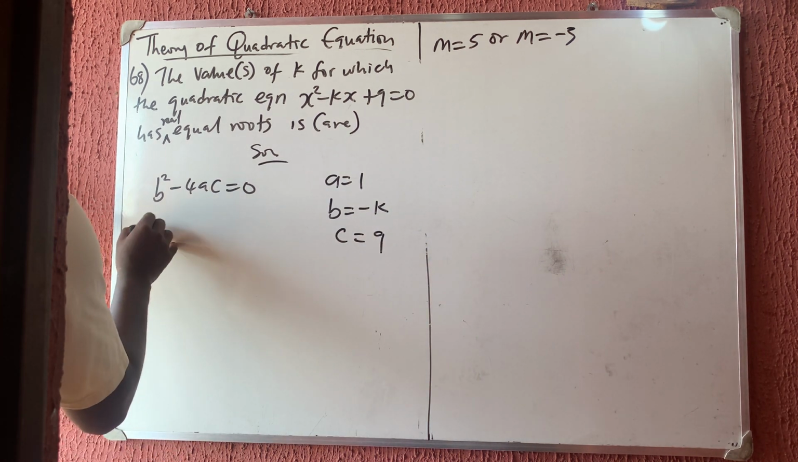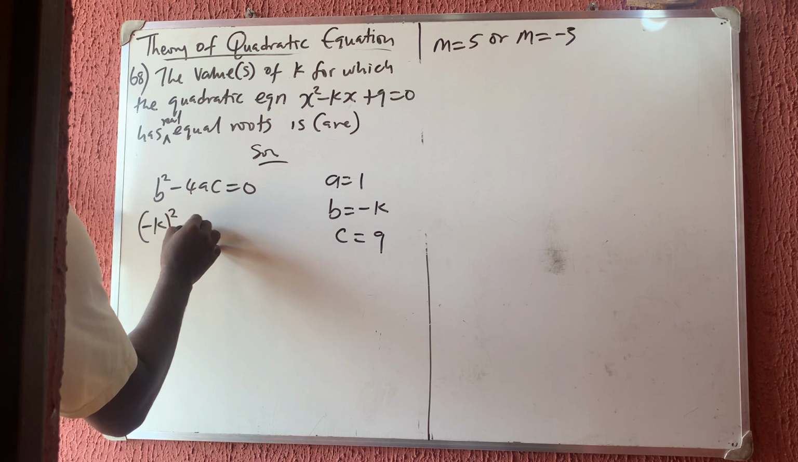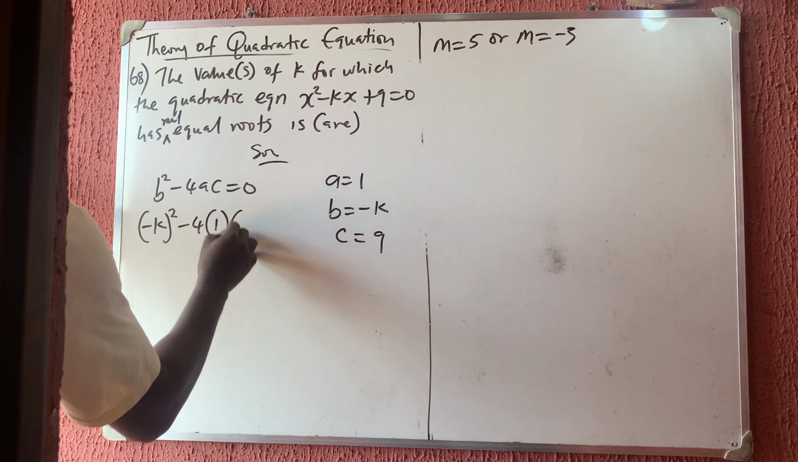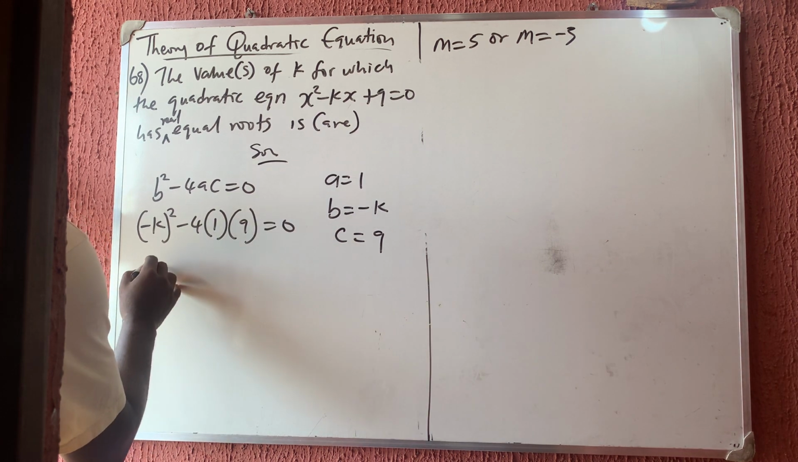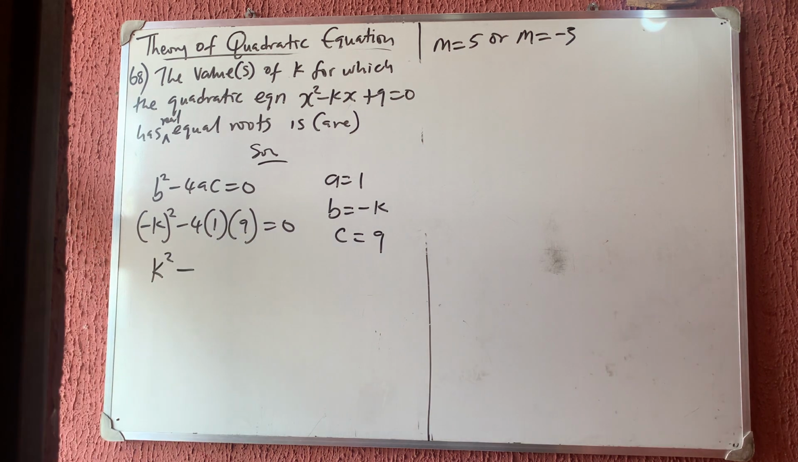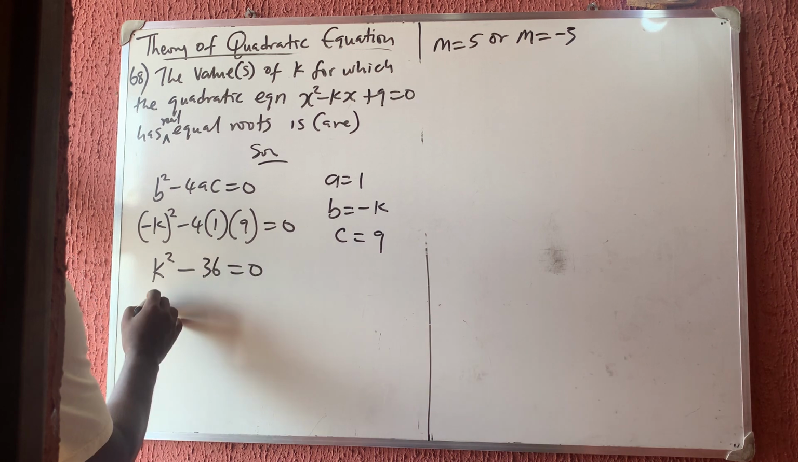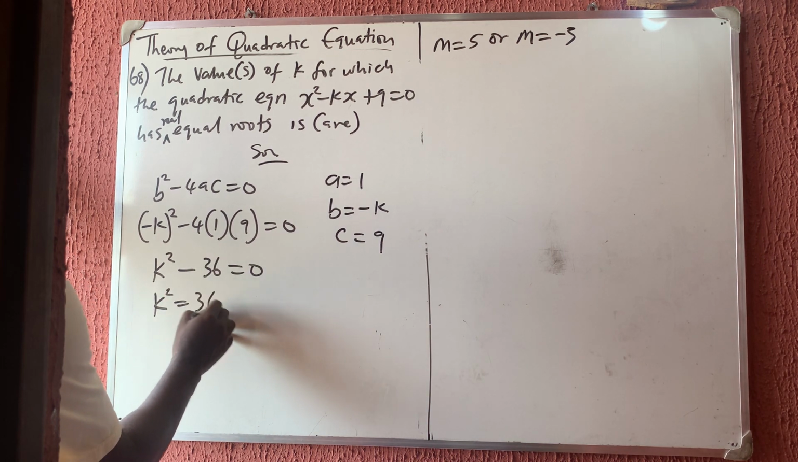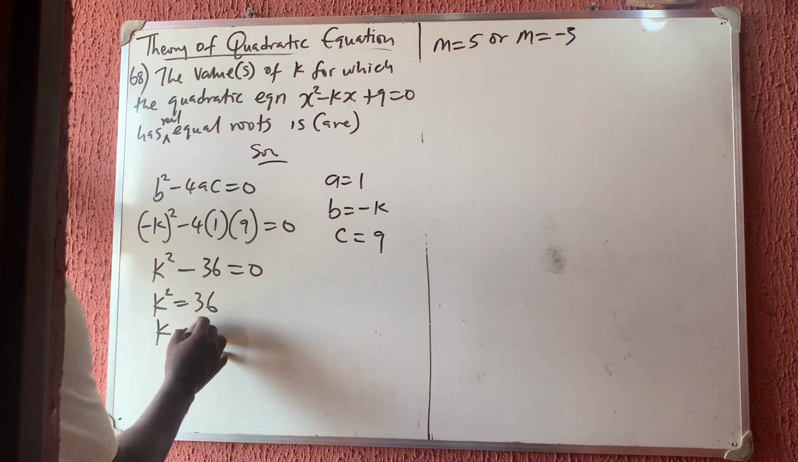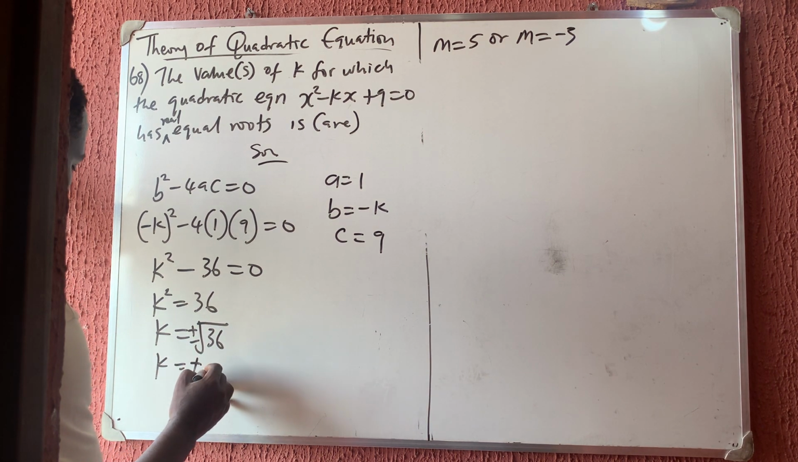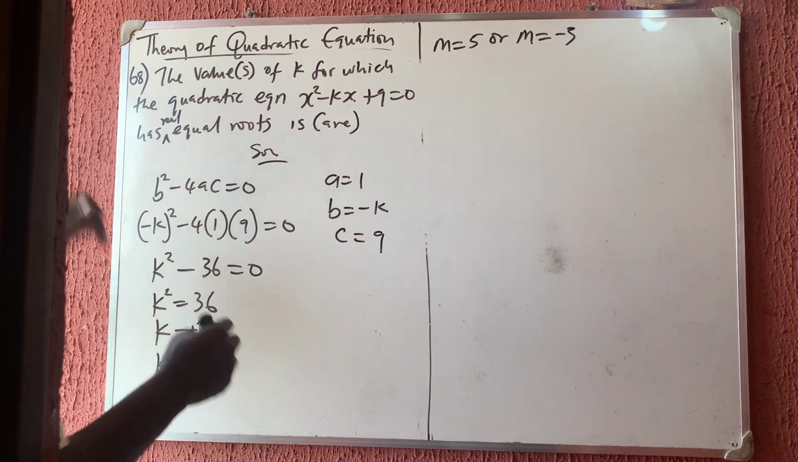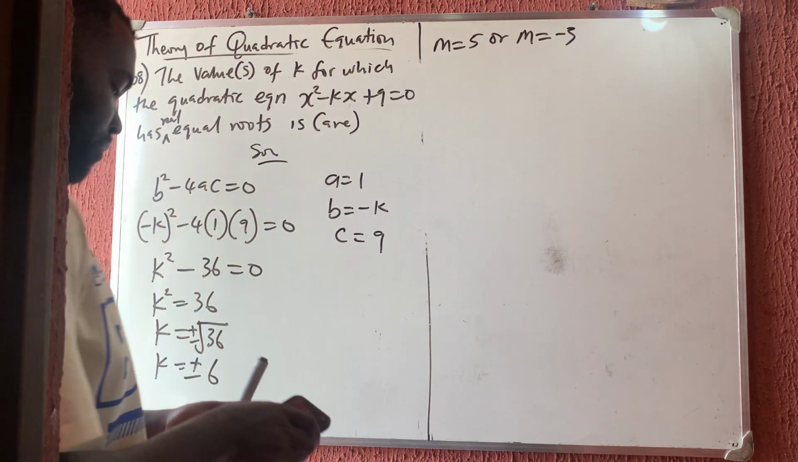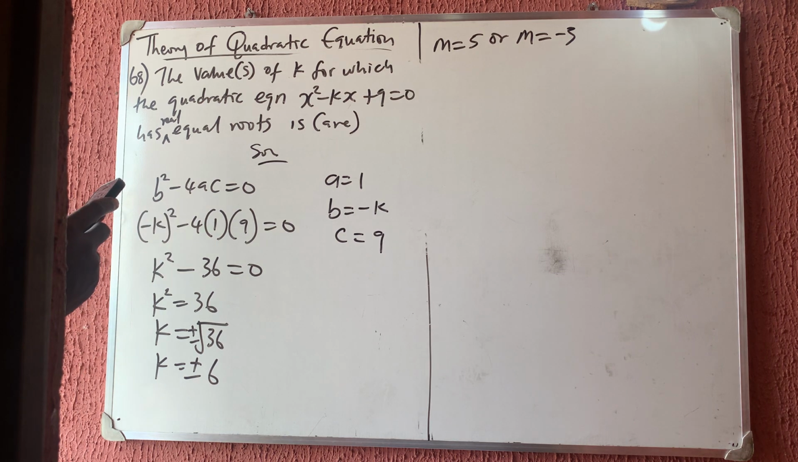So if you put it here, I have that minus k all squared minus 4 into 1 into 9 is equal to 0. So my k squared minus 36 is equal to 0. So my k squared will be equal to 36, then my k will now be equal to the square root of 36, plus or minus. So my k is equal to plus or minus 6. Okay, plus or minus 6. So in the options we have